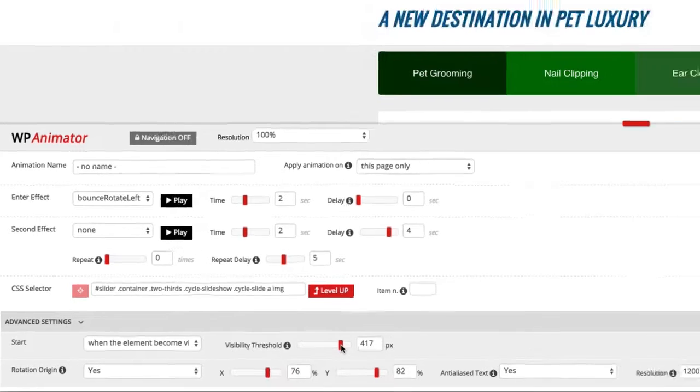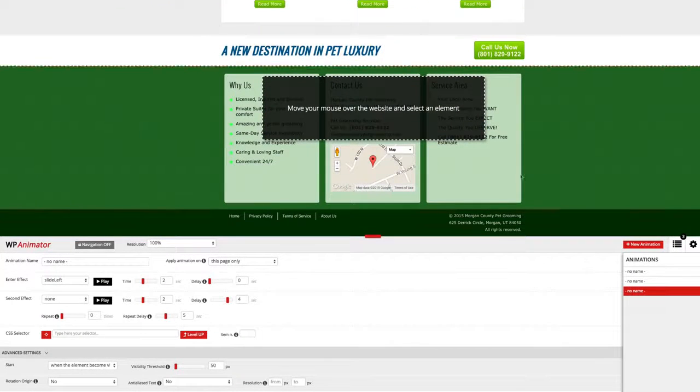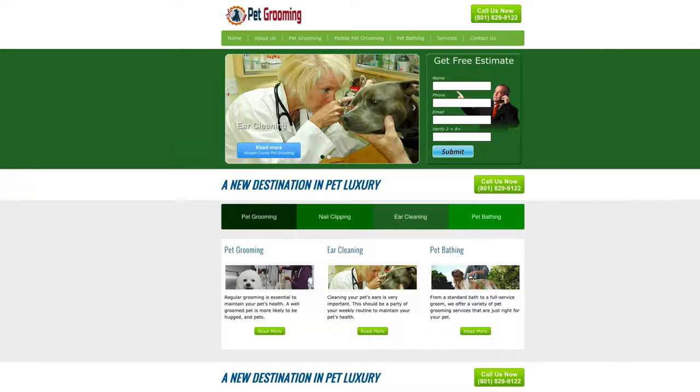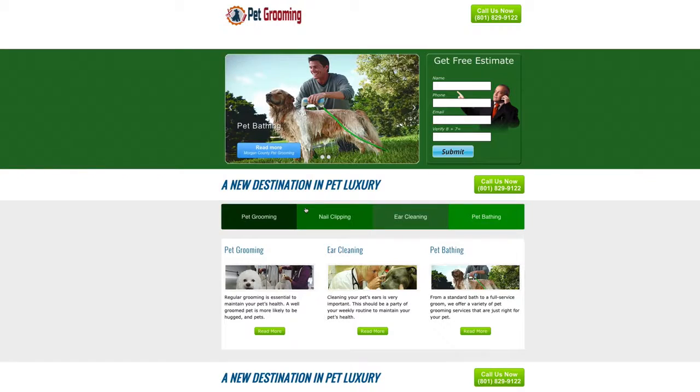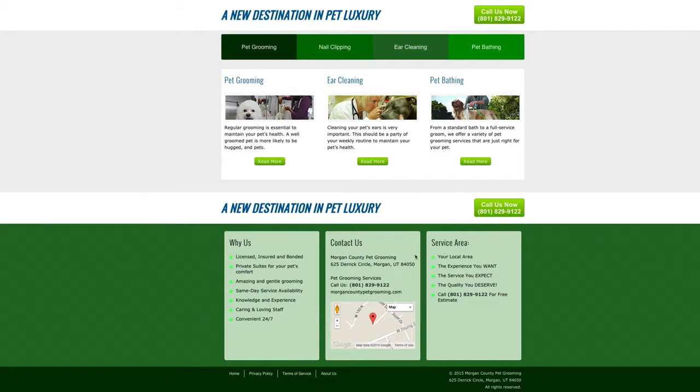So if we were to create a new animation and scroll down the screen and choose these boxes down here, right now these boxes will not animate until somebody scrolls down the screen. So for instance, if we save this and we reload our page, now if we scroll down, we'll see that triggers these boxes to animate onto the screen. If we change the settings of the pixels,